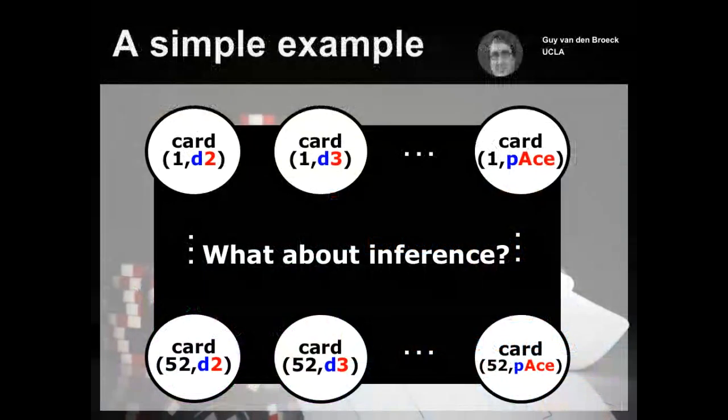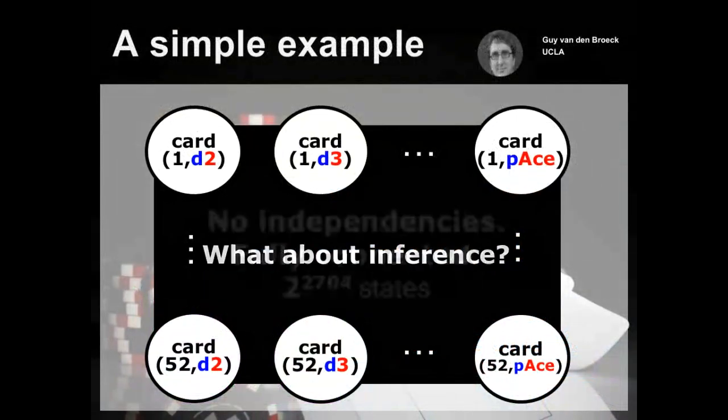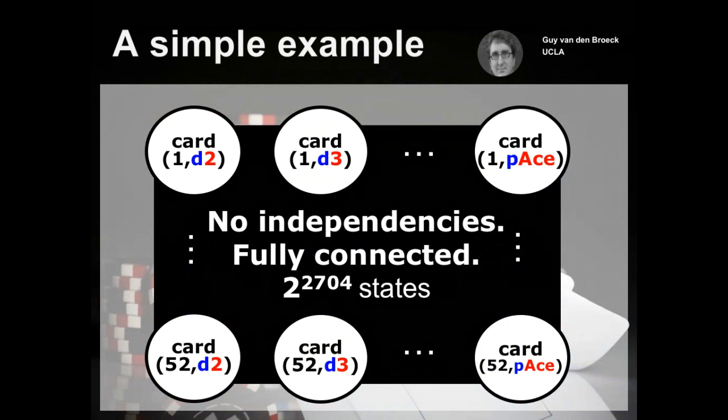Now, coming back to our stuff, just modeling is not enough. We also want to do inference in there. But as said, there are no independencies. So you're fully connected. So you have something like 2 to the power of 2,704 states. And this is way more than there are atoms, at least according to the physics people, more than atoms in the universe. So even if you can come up with a machine that can do reasoning by putting each state on one atom in the universe, you still can't do the inference because you haven't coded your algorithm to do the inference. So it's really a problem you can solve in a split second,